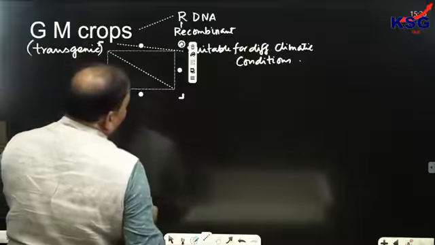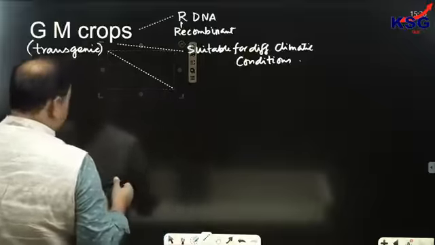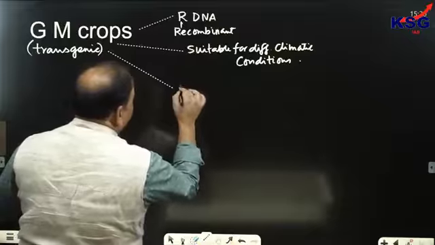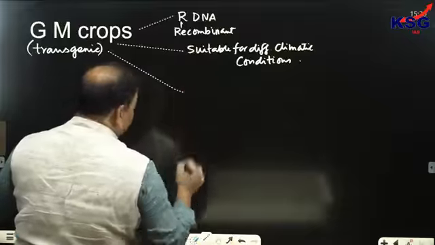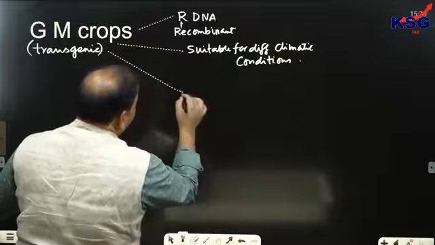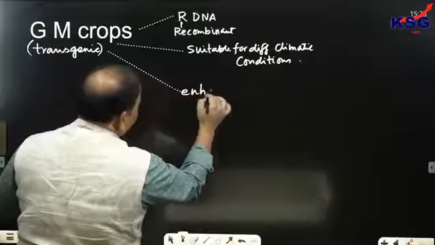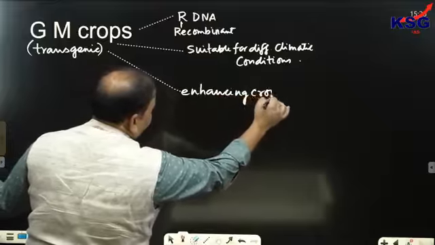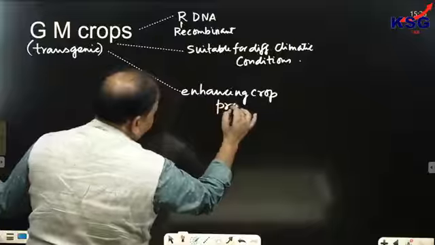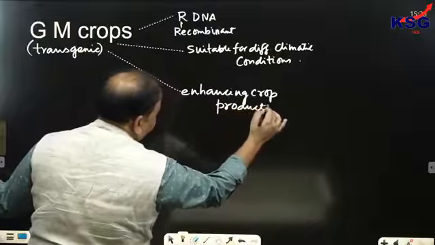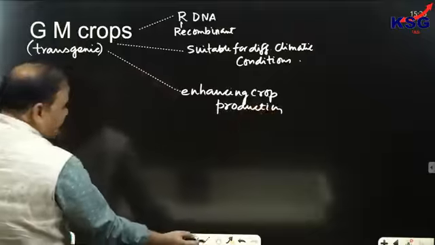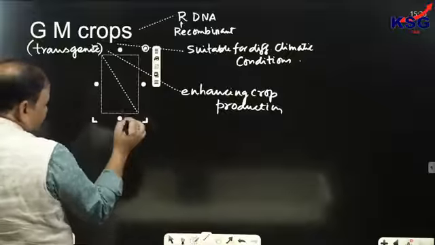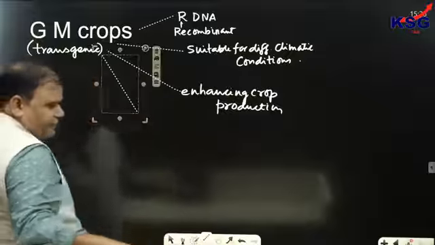but GM crops, genetically modified crops, which are also called transgenic crops, can be used for enhancing crop production. So the purpose is what? It can be used for enhancing crop production. It is not only used for enhancing crop production, but also,